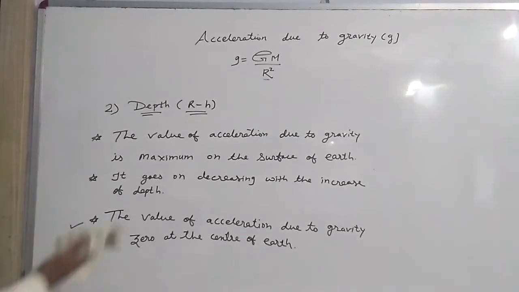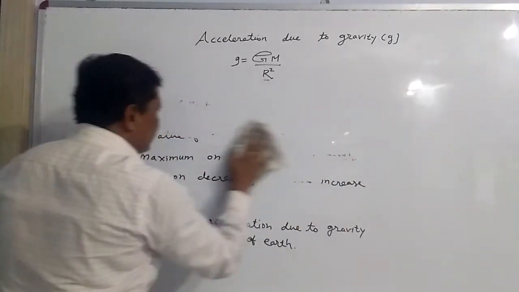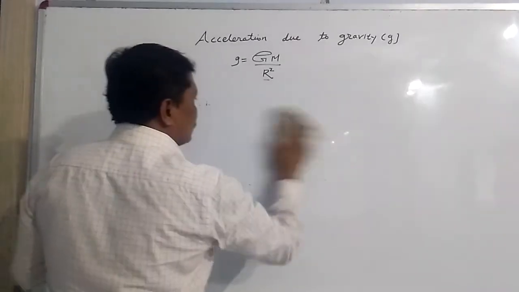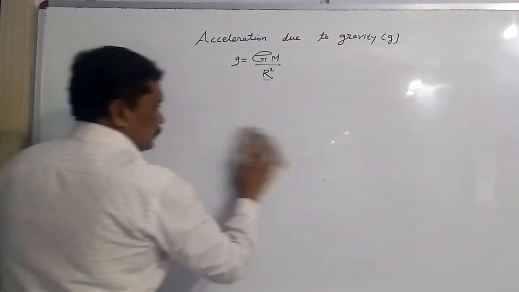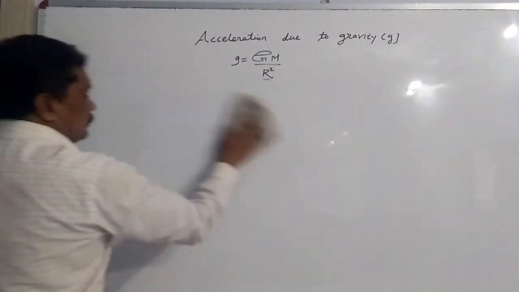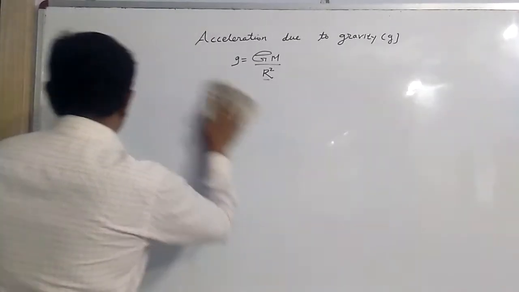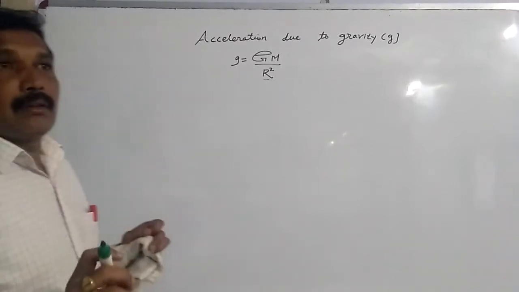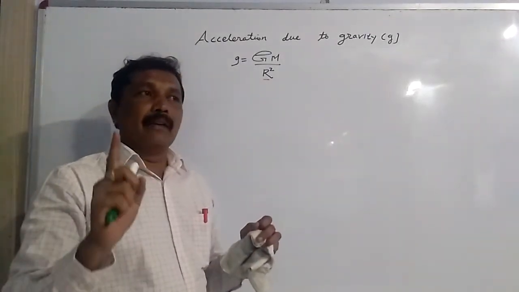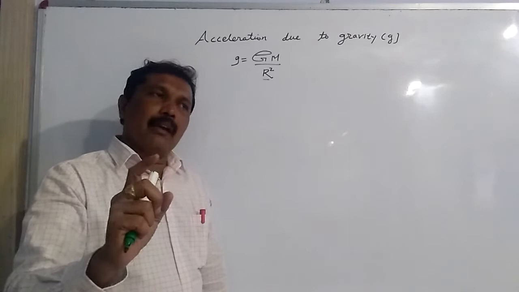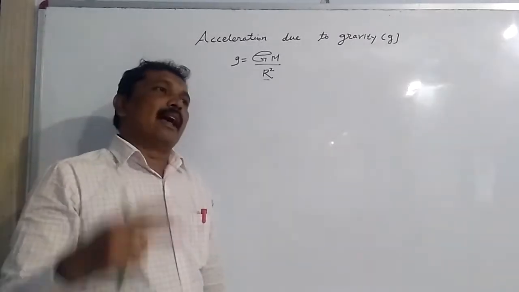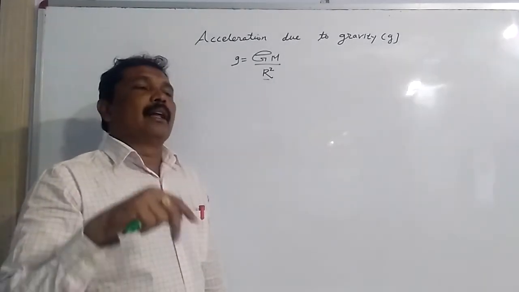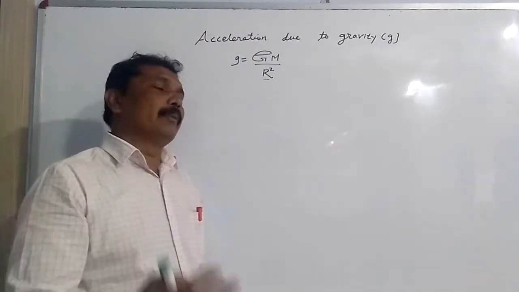The third factor which we are going to consider, factors upon which acceleration due to gravity depends. The acceleration due to gravity depends upon height. The acceleration due to gravity depends upon the depth. And the third one, the acceleration due to gravity depends upon